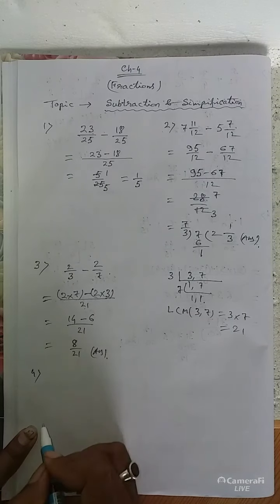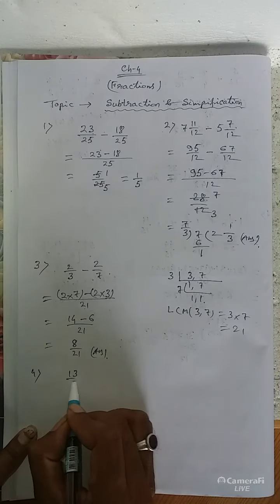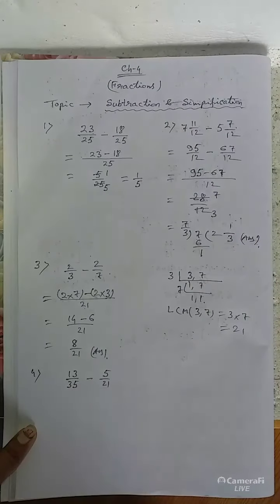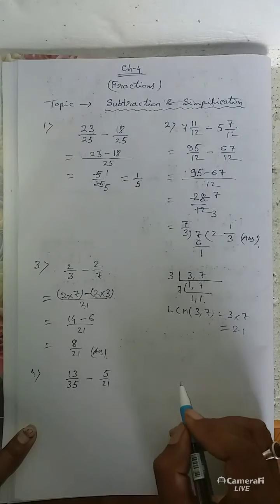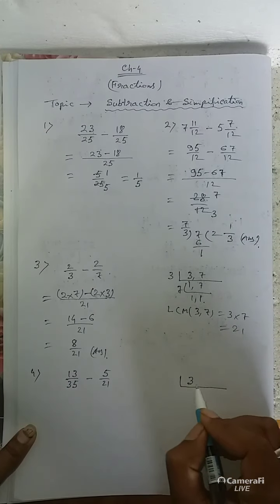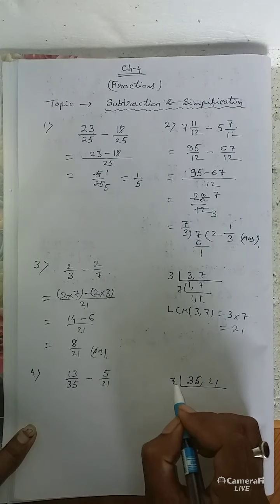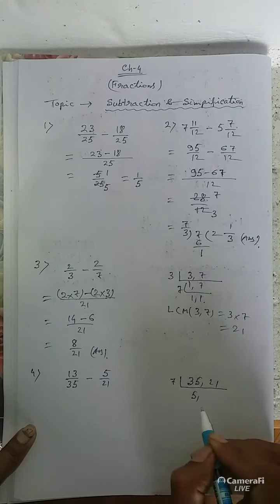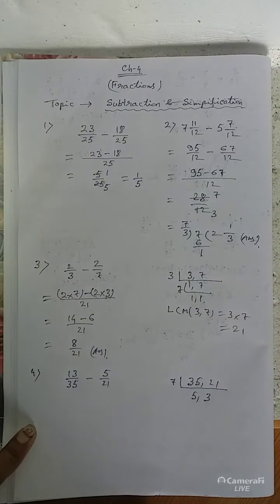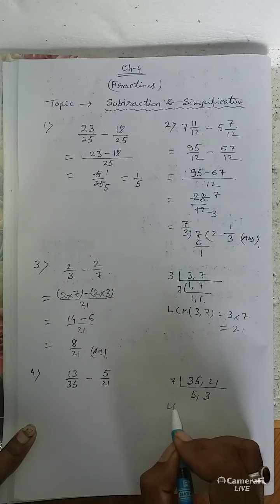Take another example, 4. Suppose the numbers are 13 by 35 minus 5 by 21. Here also the denominators are different. So we will first take the LCM of the denominators, 35 and 21. 7 can divide each of these, 7 5s are 35, 7 3s are 21. 5 and 3 are prime to each other. So LCM of